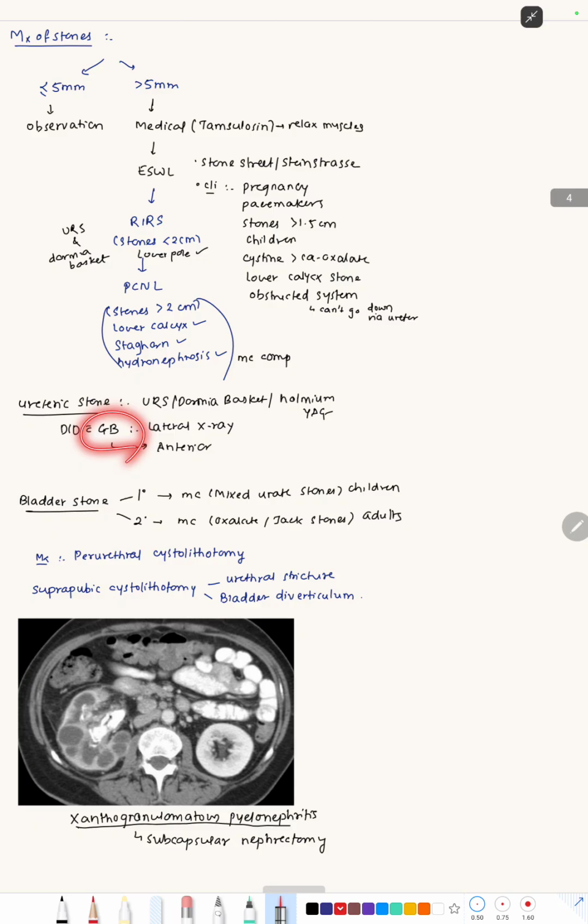Differential diagnosis is with the gallbladder stone, but we can differentiate it by using lateral X-ray. In the lateral X-ray, the gallbladder stone appears to be anterior. The bladder stone,